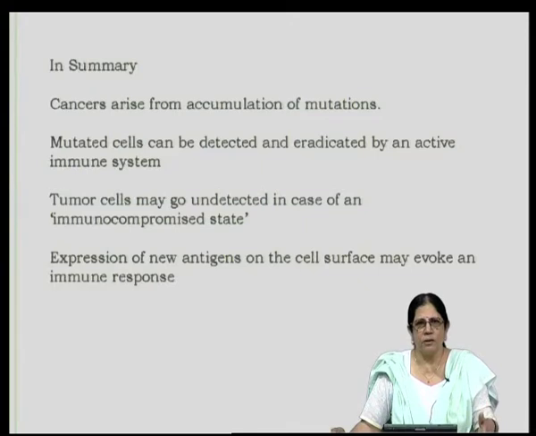Now, all of us are exposed to all types of mutations, especially in the environment. We have so many carcinogens which are present. You all must have heard of carcinogens which come from the emission of vehicles. So, there is no way that we can avoid being exposed to carcinogens, but thankfully, our immune system is so robust that the immune system can take care of these mutations,